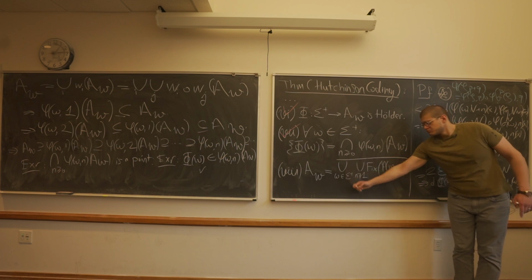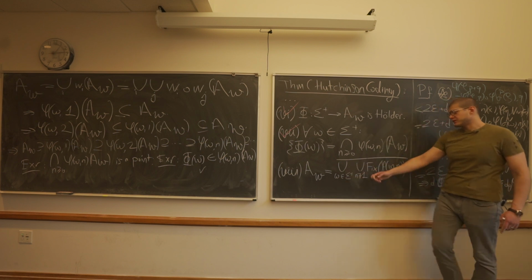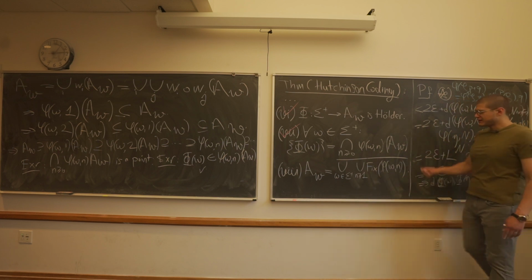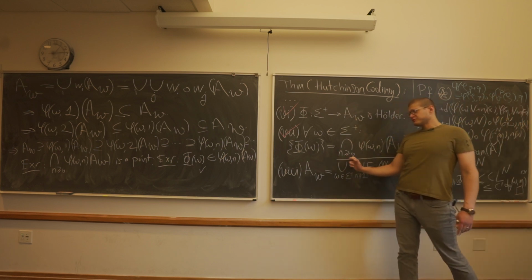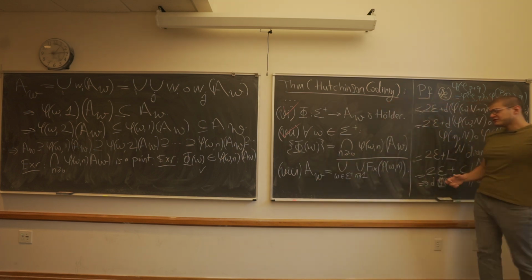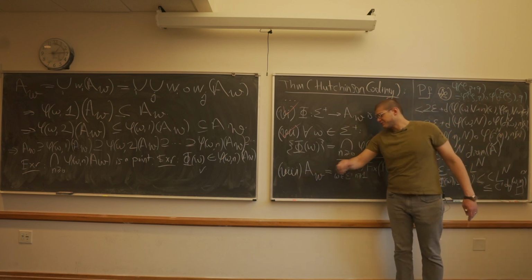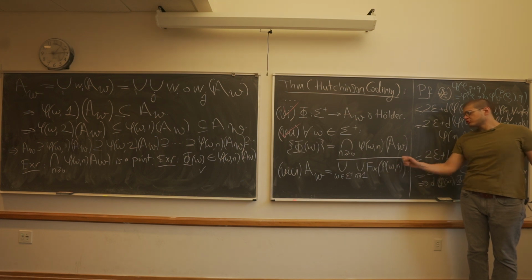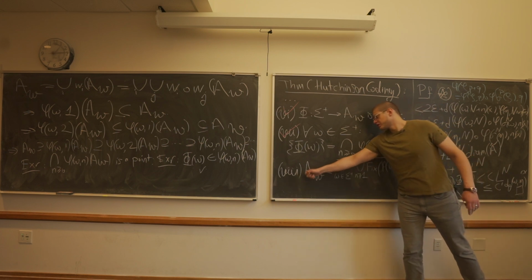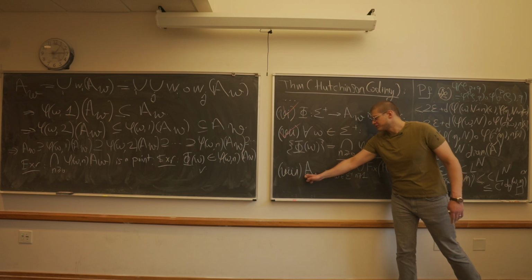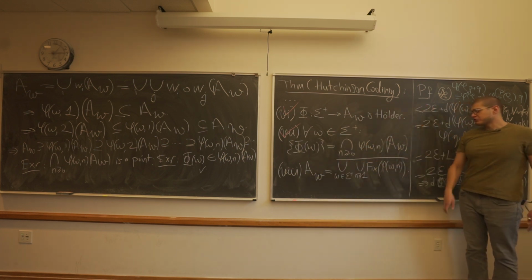I'm taking the union of countably many singleton sets. Okay, and then I take the closure of this. Now what does this mean? When you say that this set is the closure of this other set, it really means that for any point in the attractor and for any epsilon, you are able to find some contraction like this, some element of the cocycle, whose unique fixed point is epsilon close to the point that you chose. So you can approximate arbitrarily well any point in the attractor using a fixed point of one of these contractions.